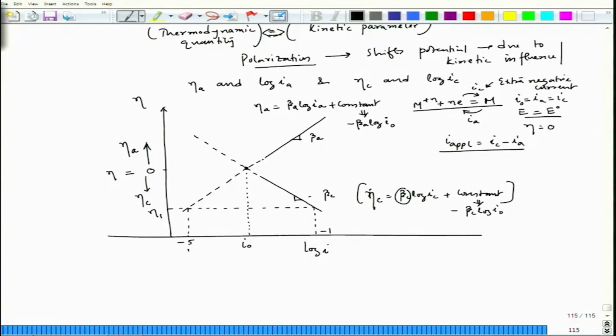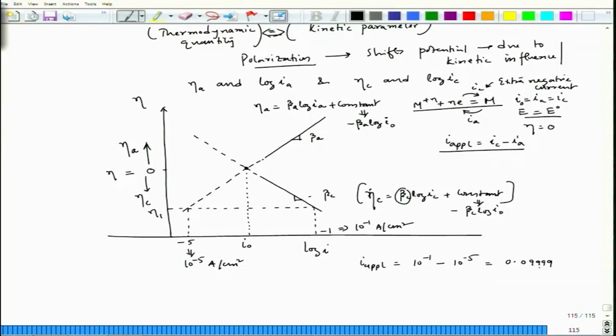So, it corresponds to the current of 10 to the power minus 5 ampere per centimeter square, and this corresponds to the current of 10 to the power minus 1 ampere per centimeter square. So, that occasion my I applied would be 10 to the power minus 1 minus 10 to the power minus 5, which is equal to